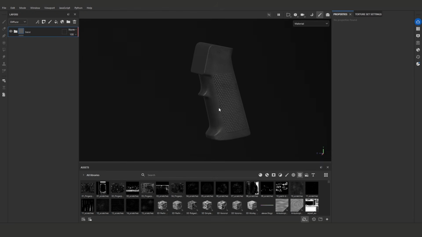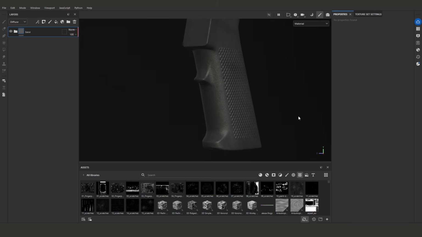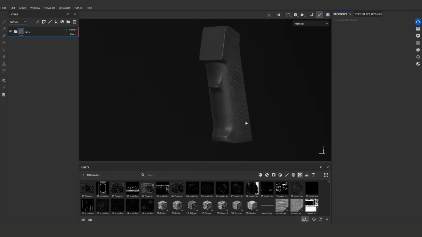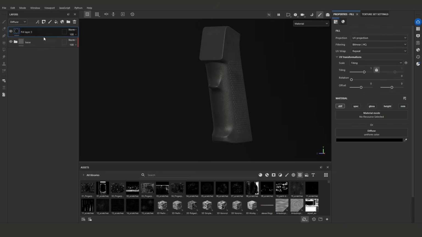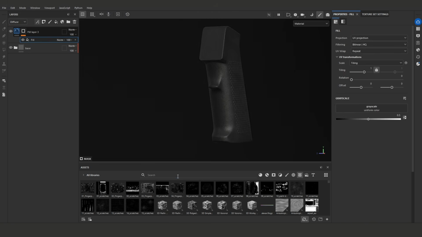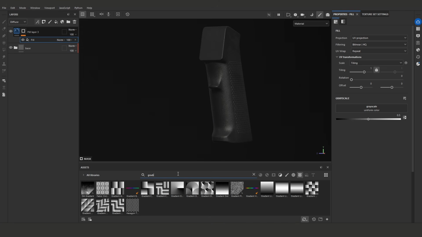A few simple techniques for working with plastic. Let's create a mold seam on the AR-15 grip. Add a new layer, and in its mask, add a gradient linear 2 or 3, with transition from white to black